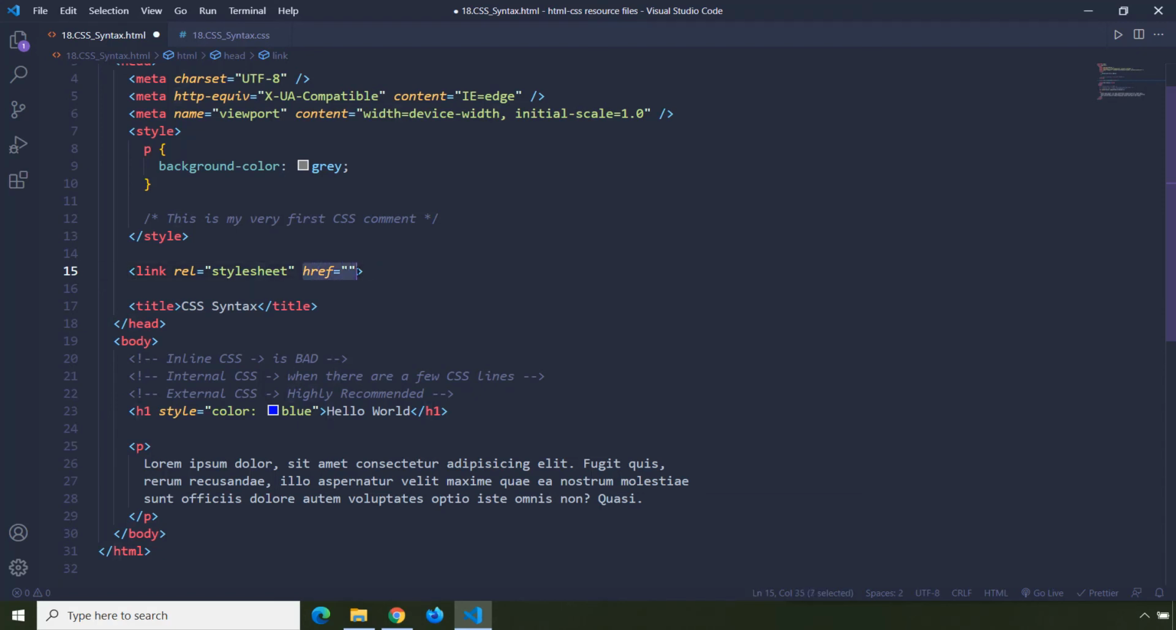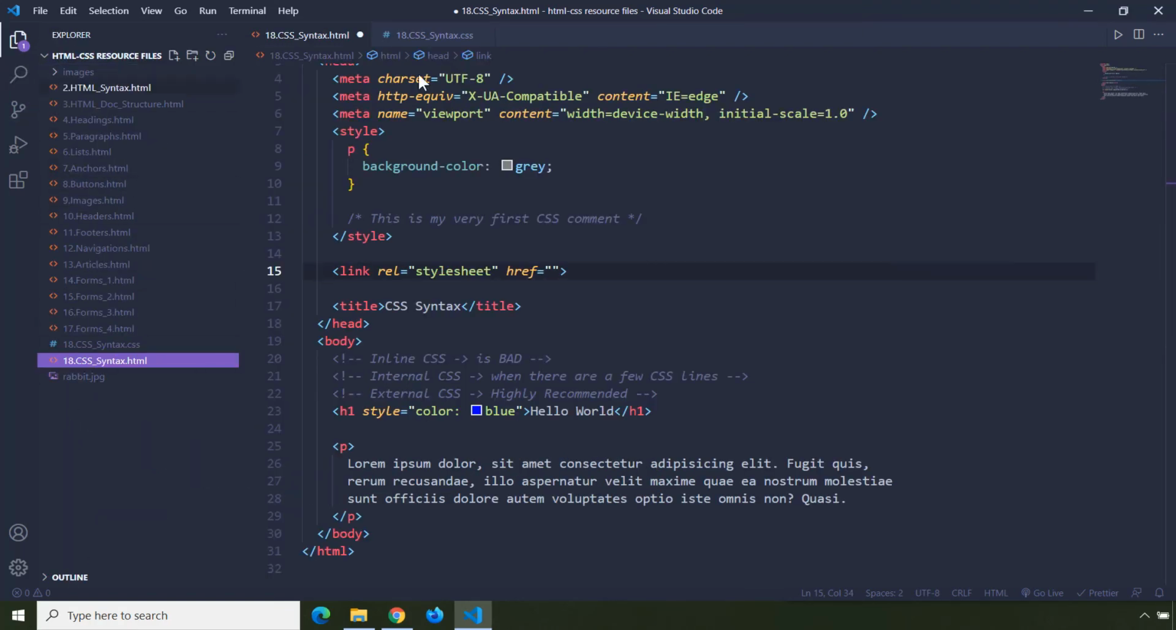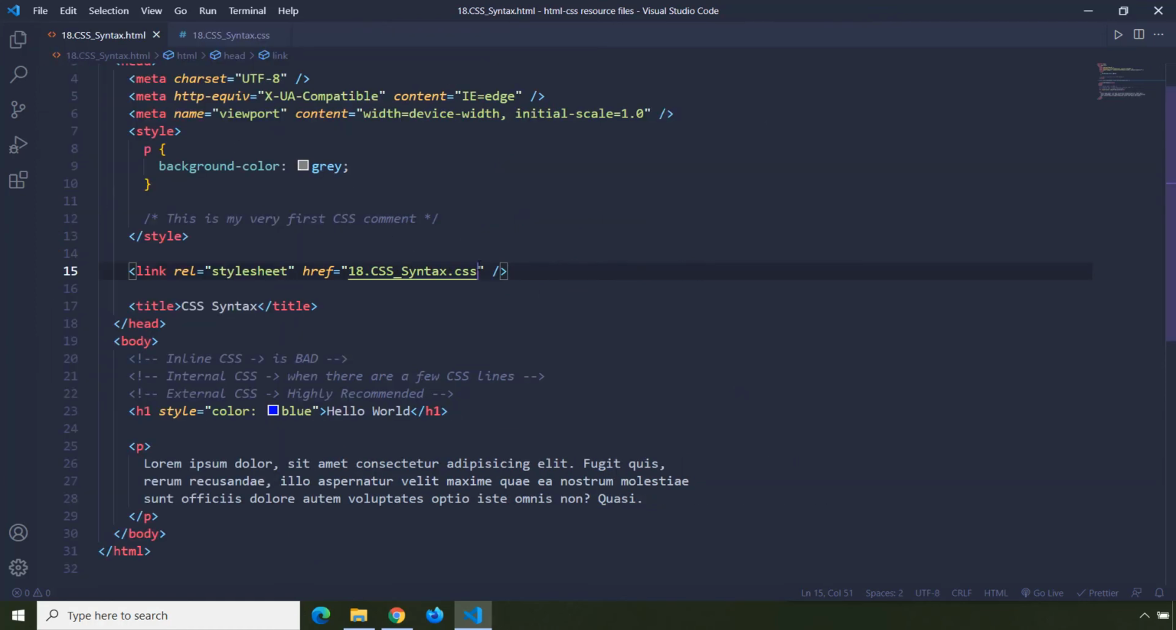And the href is the address where the CSS file is stored. Now, this address is the same as HTML images that we talked about, or HTML anchors that we talked about. If they are in line, it means that they are within the same directory. The only thing that you need to do is provide it with the name of that file. The name of the file is 18. And you can see that it provides you with a pop-up, 18.cssyntax.css. Now, if you click enter, click on it and save it, now your HTML file is successfully connected to